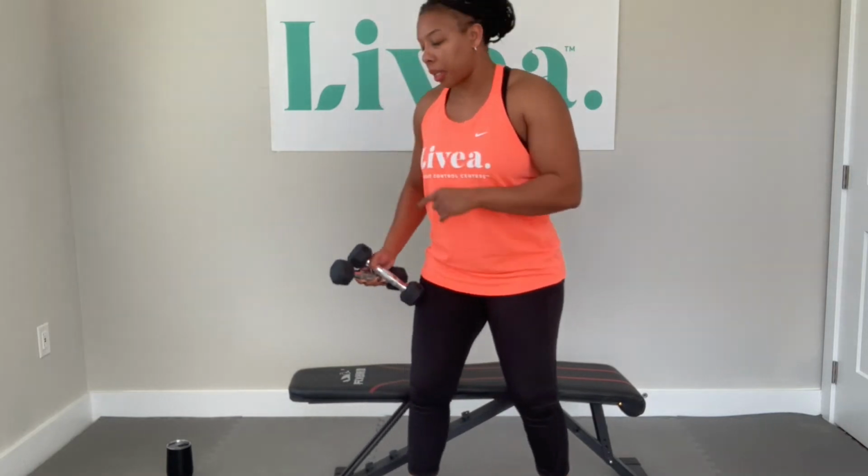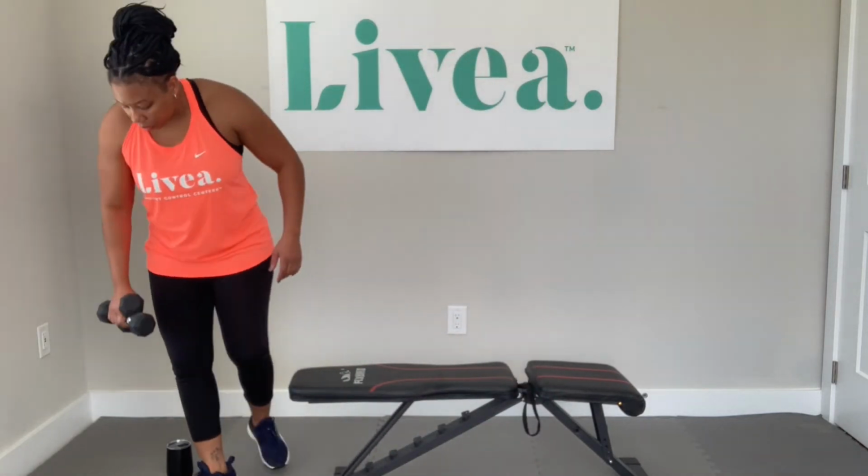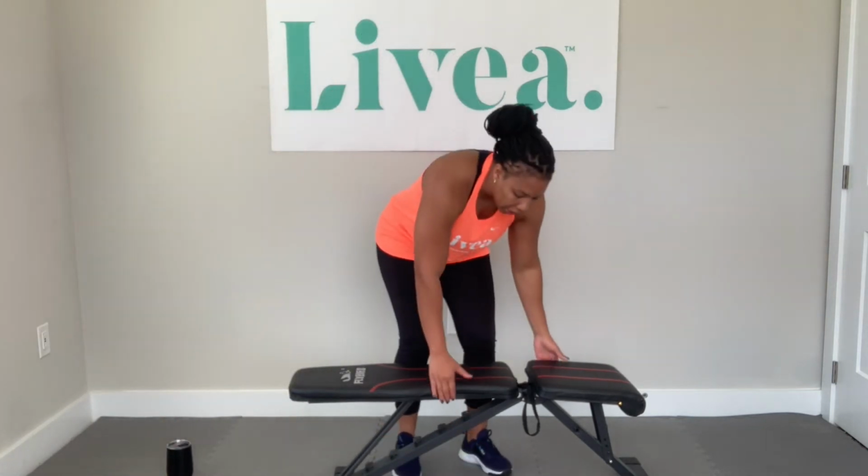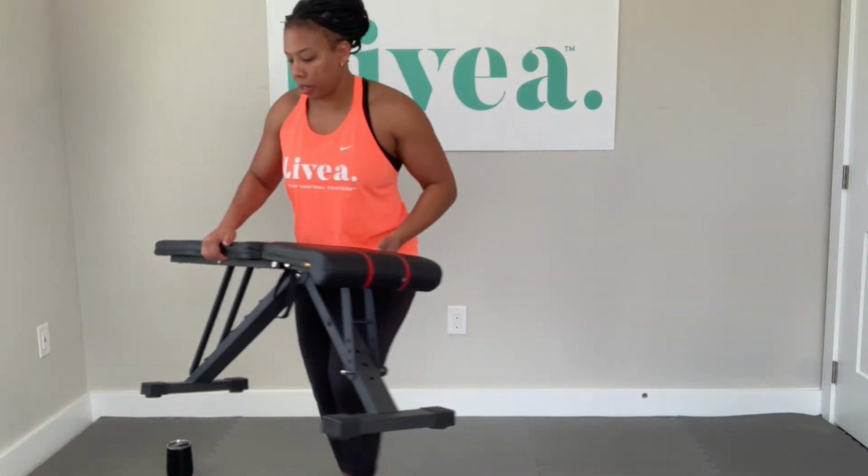All right, so we got the bicep curl down. We did the upright row. Now let's move along to the lower part, the core. Let's begin to bring ourselves down a little bit. So we're going to get rid of this bench. We don't need it at this point. And what I'm going to do now is I'm going to do